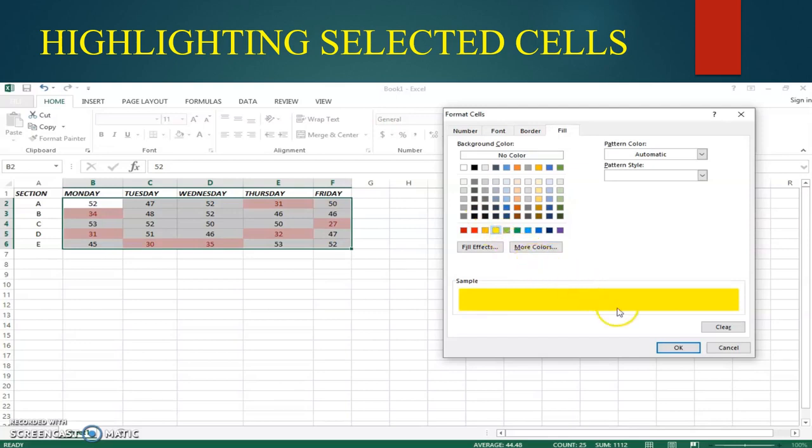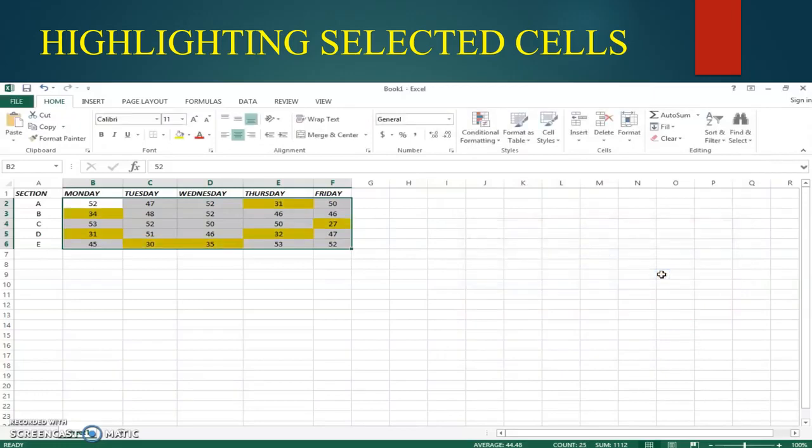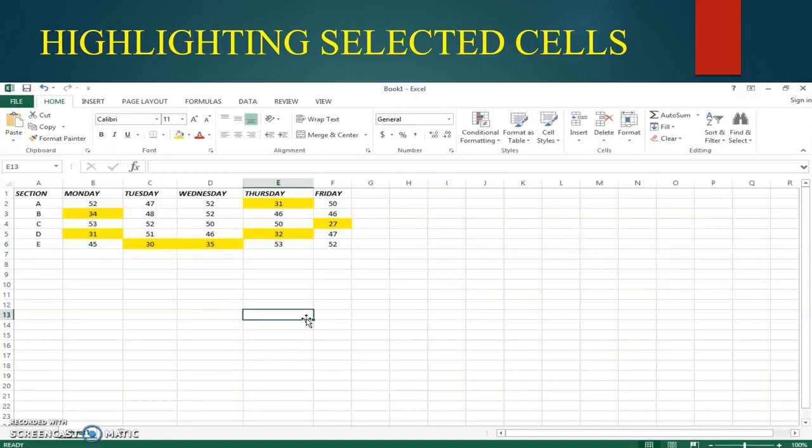After that I click OK. The Less Than dialog box appears. There also click OK. Now all the marks less than 36 will be displayed with a yellow background in the worksheet. Can you see all the values less than 36? Okay. Have you understood? Like that you have to highlight the selected cells.